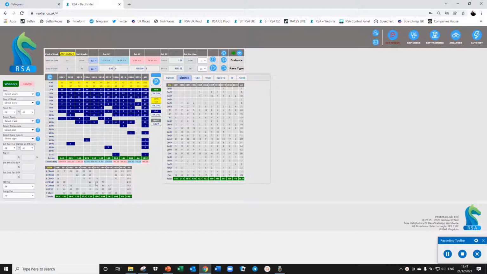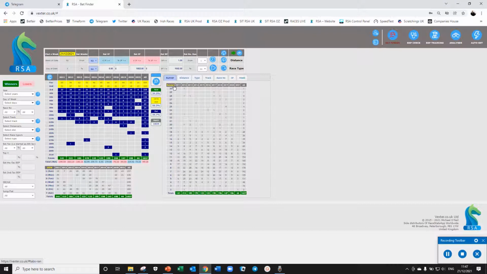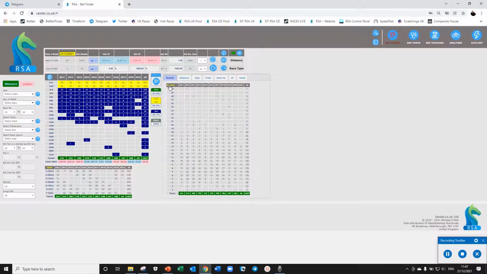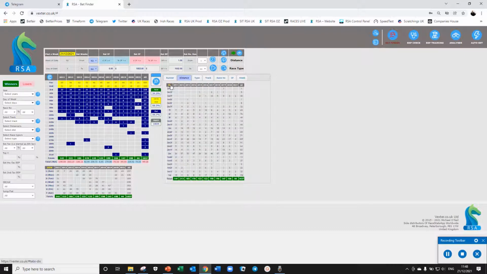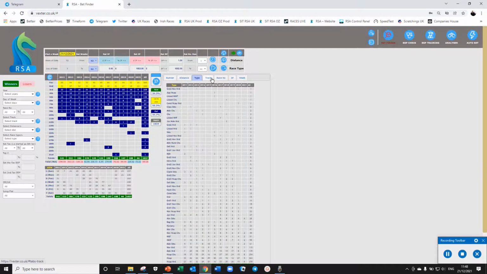So this is the day of the week. So obviously we're in week 52. Some years this week didn't happen due to weather probably. So here you can see the number of races that were held on each of those days. And over here we have the runners, how many ran that day, and you can sort those by either the number of runners or how many races there were with that number of runners. Same goes with distance, and same goes with type, track,